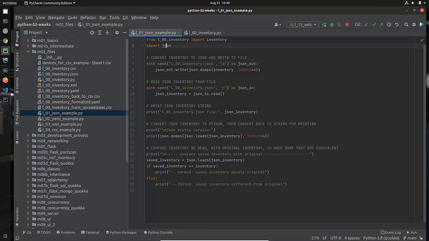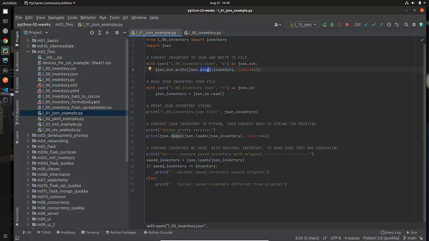I'm importing JSON, and I'm just going to do two things. In one situation, I'm going to call json.dumps. That stands for dump string. And what it does is it takes a Python data structure and dumps it, and the end result is a JSON string, which I then write out. So don't get confused by all of the file writing here. I'm basically doing this thing right here, this dumps,